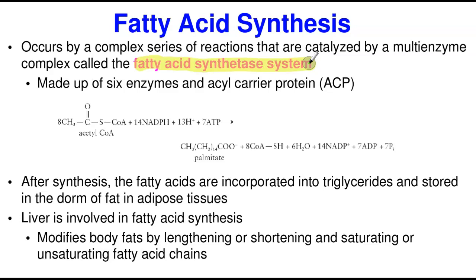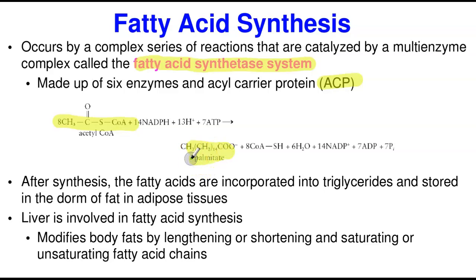Now, this is very complex. It consists of 6 enzymes and 1 carrier protein, like a bearing protein that holds all these enzymes together. It is called the acyl carrier protein, ACP. So what simply happens, I'm just going to make a summary. If you want to produce palmitic acid, it simply means 8 acetyl-CoA. So 8 acetyl-CoA will combine together to undergo 4 processes to build up palmitic acid.